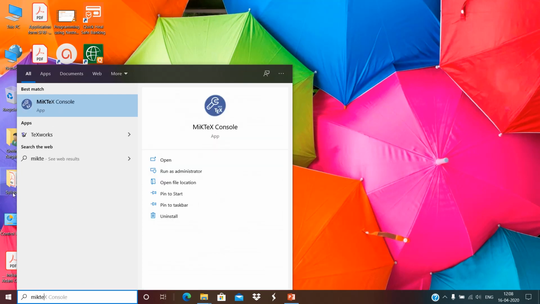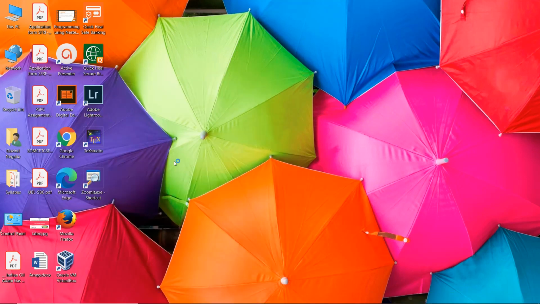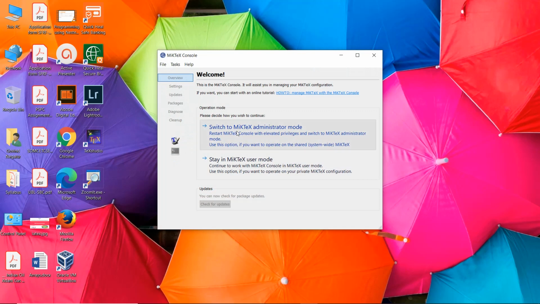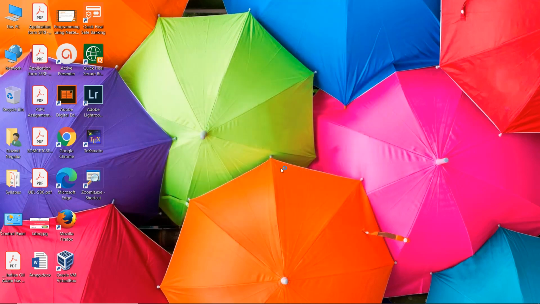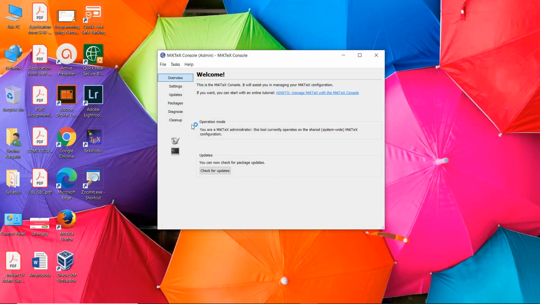So just type MikTeX from Windows 10 search button, and then it will check for the updates. I'll click on check for updates.